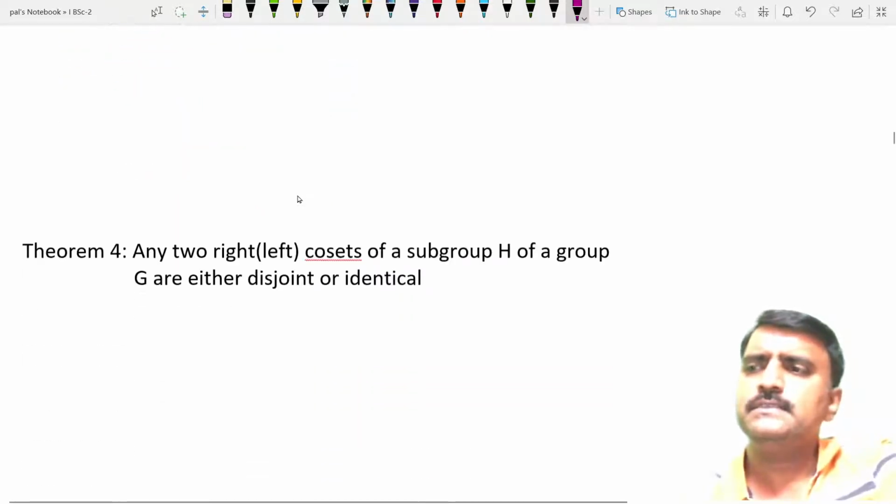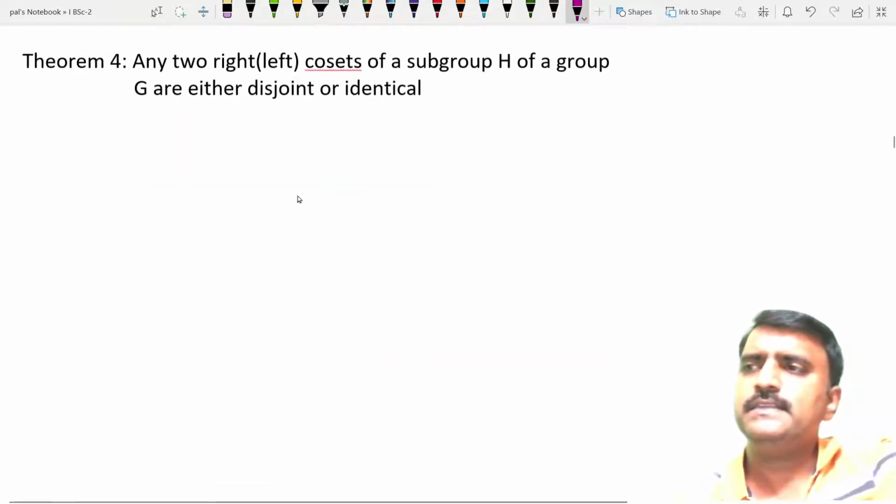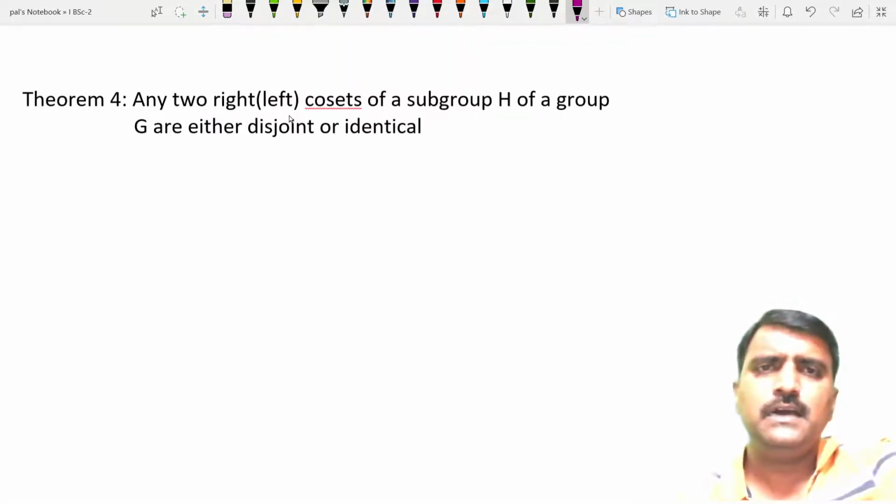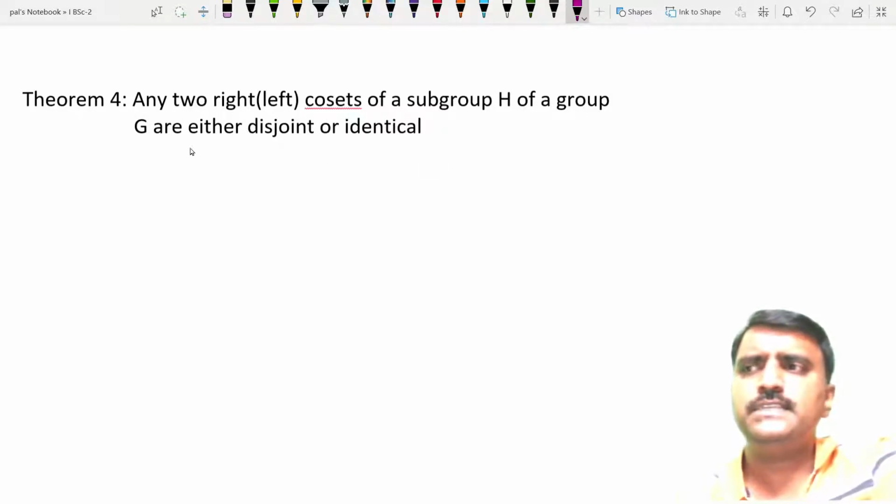So that is, in the theorem 4 or the fourth property, any two right cosets or left cosets of a subgroup H of a group G are either